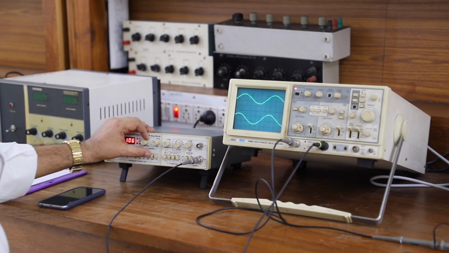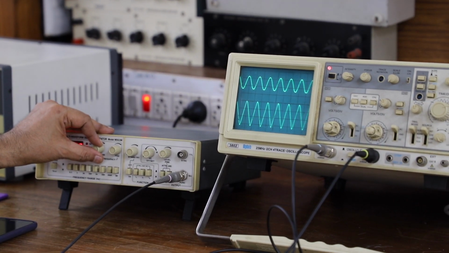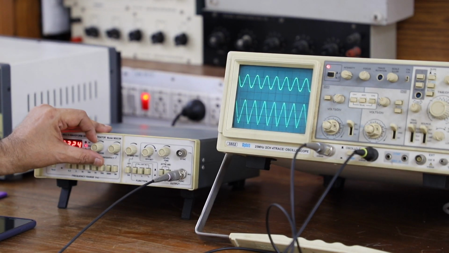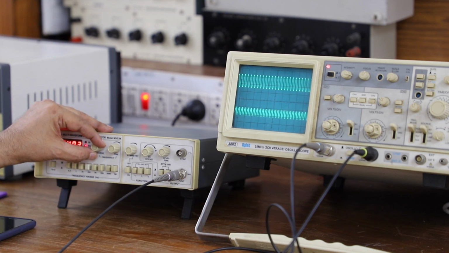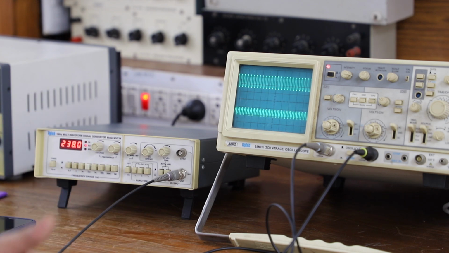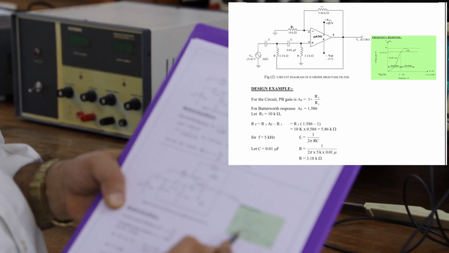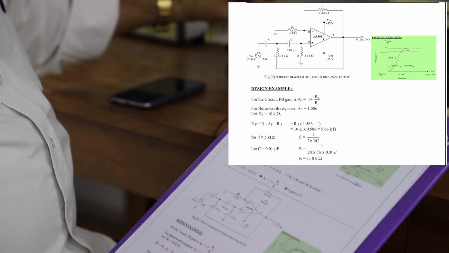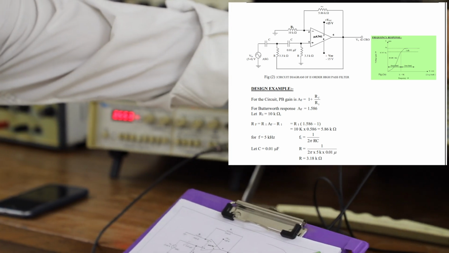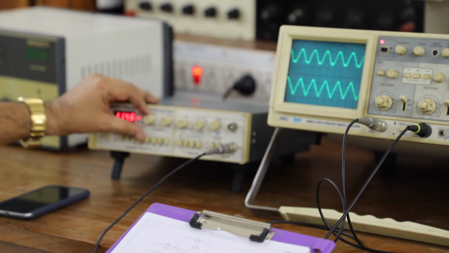What happens if I further increase the frequency? Here I'm further increasing the frequency, it is constant, but just see one thing. I'll further increase the frequency, and you can see the output voltage reducing. You can ask me a question now: sir, you taught us a high pass filter in which it is supposed to move from the stop band to the pass band. That is, you had a response like this, in which it was stop band, then it increased, and then went to the pass band. That is what it is supposed to do, right? So it's doing it. But if I further increase the frequency, you can see that your output voltage is reducing.